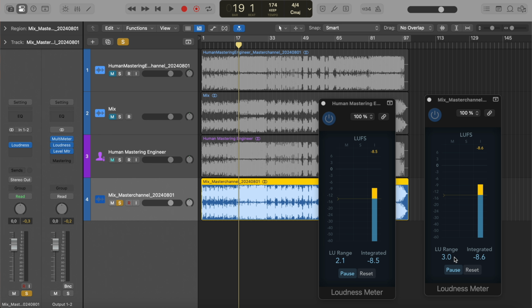Done? And now this is actually quite interesting. So you can hear that the Masterchannel version, in my ears, has much more depth, you could argue, because it didn't squash the sound as much. And that's also something you can read here in the loudness meter. You can see that the loudness range of the Masterchannel mastered version is actually